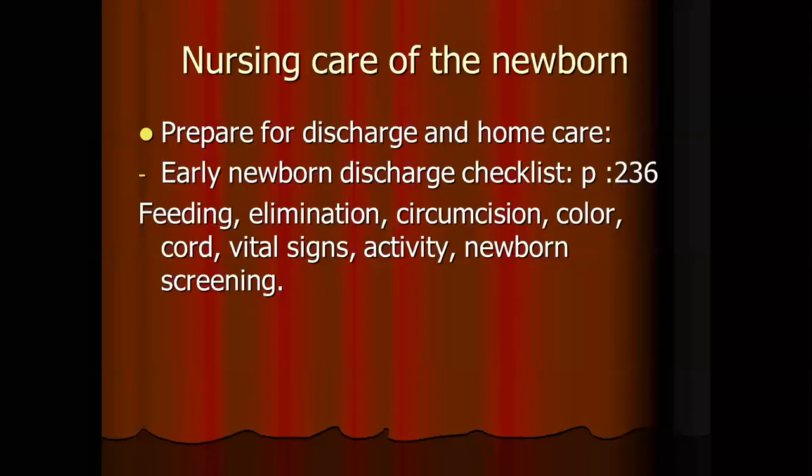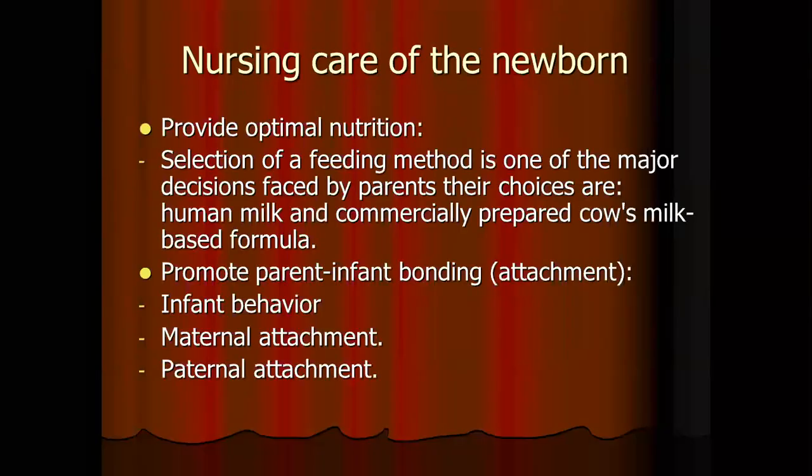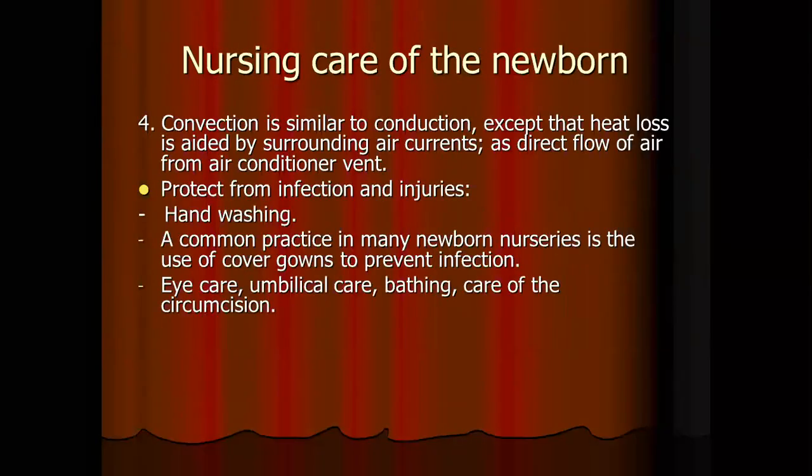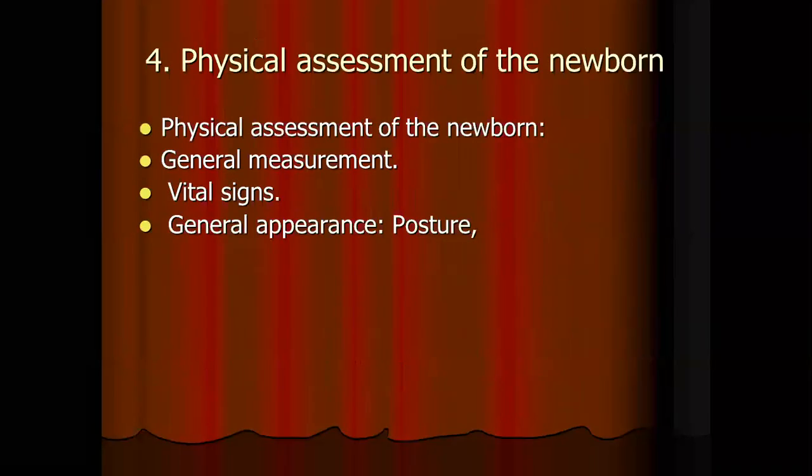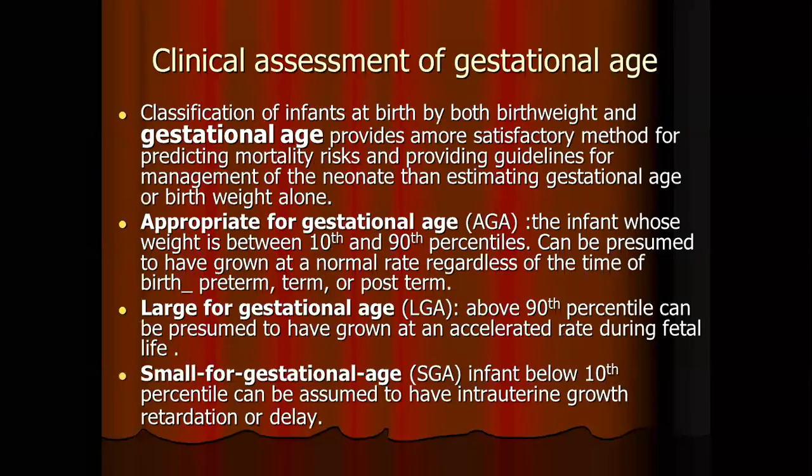Then vital signs: how to assess the vital signs, and we have to inform the parents regarding the child's deviations from normal vital signs. Then activity of the child: what the movements are and how active the child should be. Then newborn screening: this has to be informed to the parents, and the nurse has to be prepared very well for this activity. So this is today's topic we have discussed, a revision of the nursing care of the newborn baby. About the physical examination, we'll have a separate class. Thank you.